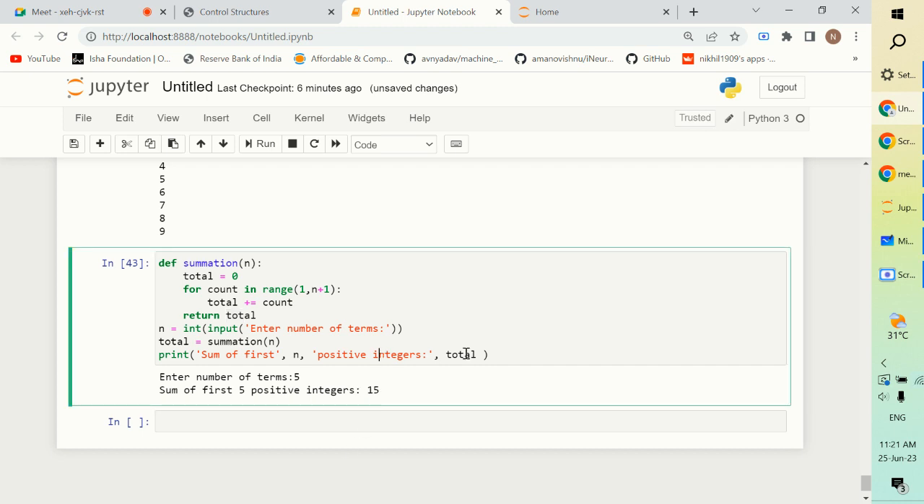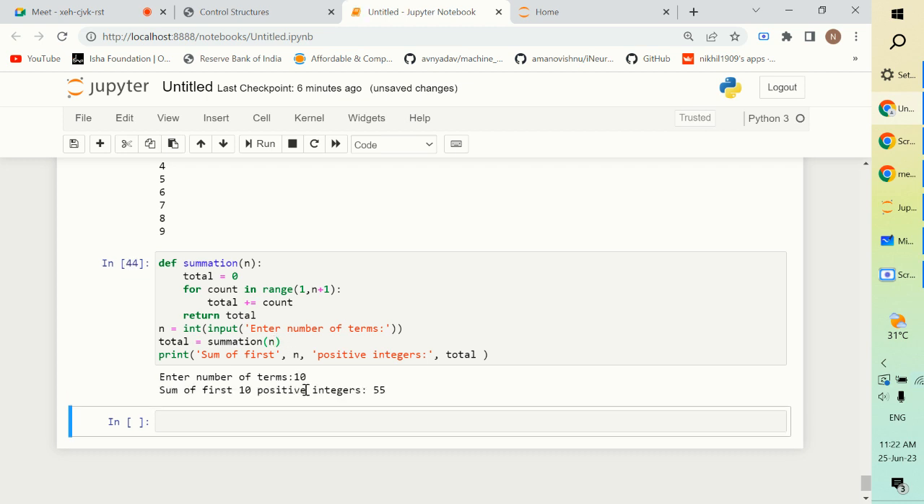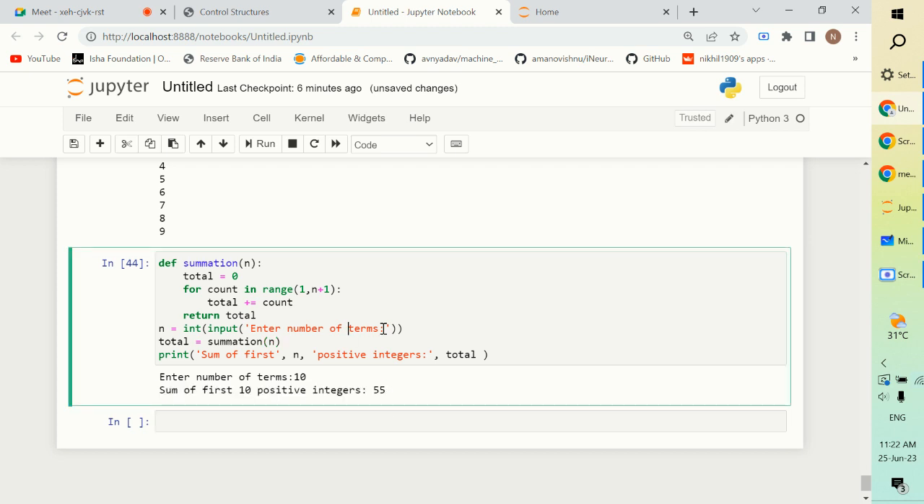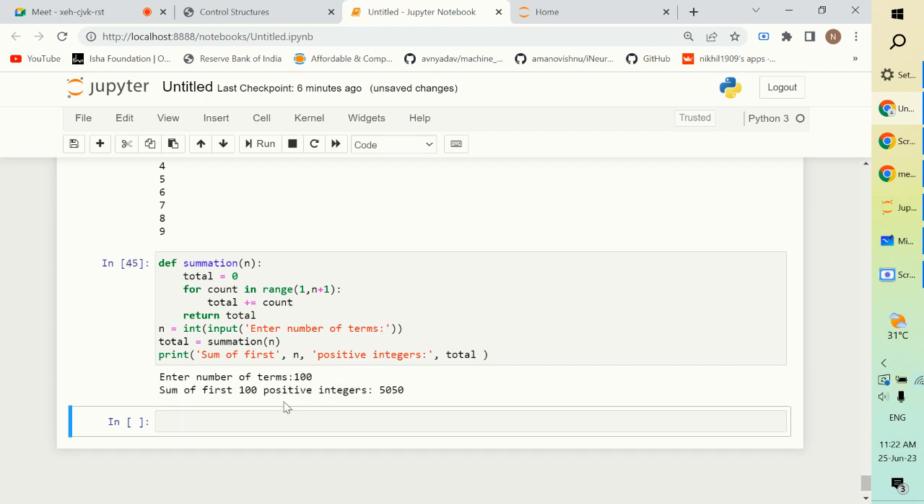So this is another application of this for loop, to find the sum of first 10 positive integers. Let's say I run this function again and I enter the number of terms to be 10. So it is giving me the sum of first 10 positive integers is 45. If you give any number, even if I give 100, it will give me the sum of first 100 positive integers